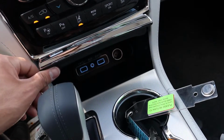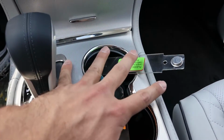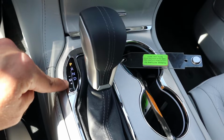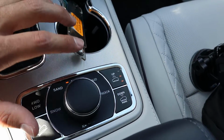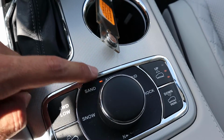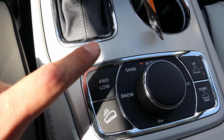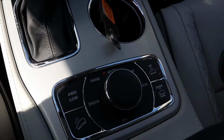We've got this little center console thing here with some charging stations just down there, and then we've got some cup holders with all of the keys that I have right now. You've got a different drive mode select here, so you do have a manual mode if you want to shift the gears yourself. And then just down below here is kind of like your terrain select. So like I said, it has air suspension to raise and lower, and then you've got some different drive modes. So you've got your auto, sand, snow, mud, and rock. And then you do have true neutral on the Jeeps, hill descent control, and then 4-wheel low. So even though this is a super luxury Grand Cherokee, it still does come with quite a bit of off-road